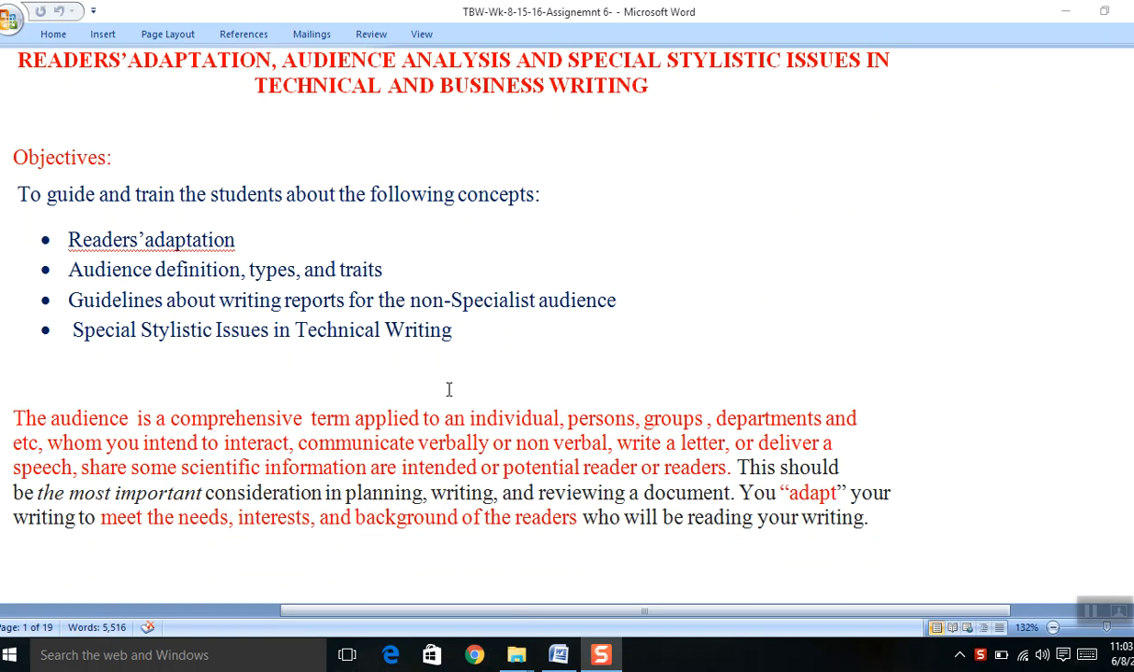Reader's adaptation means to write, design, create, compose, deliver, share something according to the need, interest, desire, and wish of the audience. Clear? It is called so that the very person may understand that concept